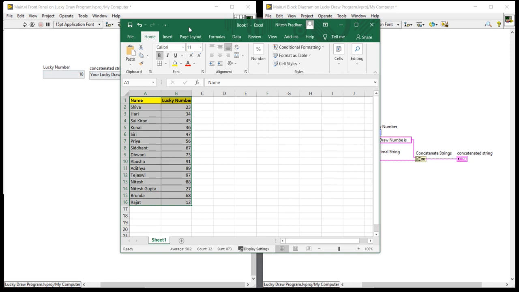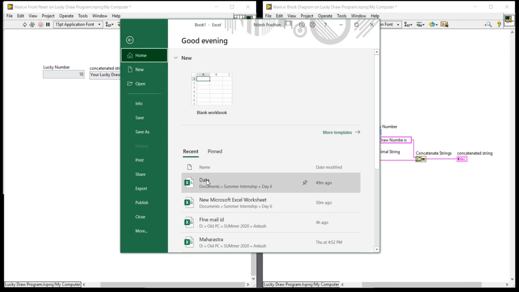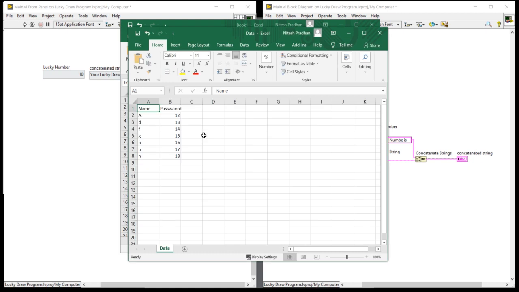Okay, I think you have done. So now save this program. Please save this file. Okay, I am going to save the program.